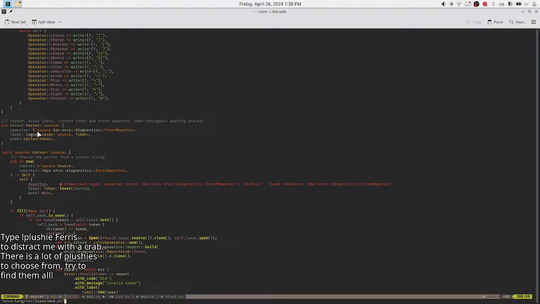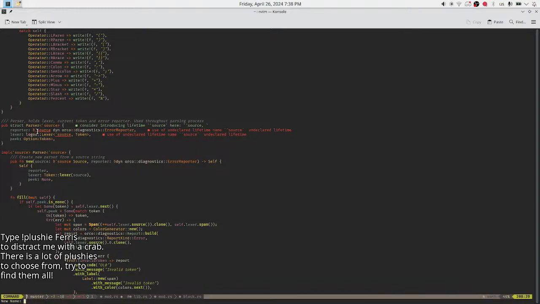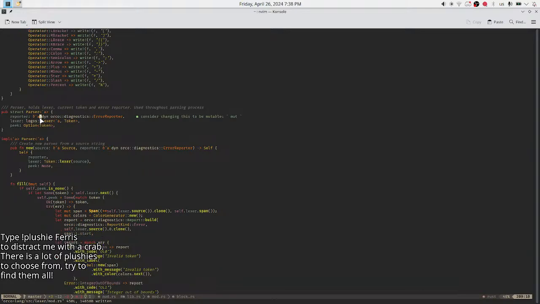Source, except say its lifetime 'a actually. Can I rename a lifetime? Sure I can. Lifetime 'a, and explicit lifetime 'a. Sure. Make this a mutable reference. That's interesting.